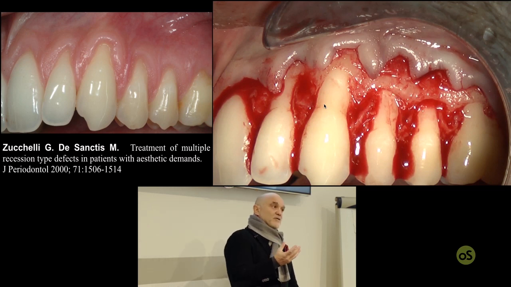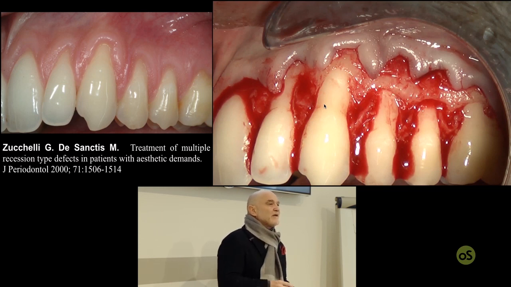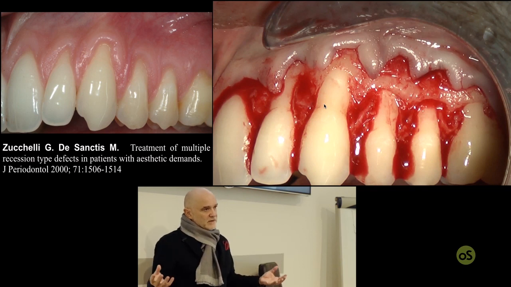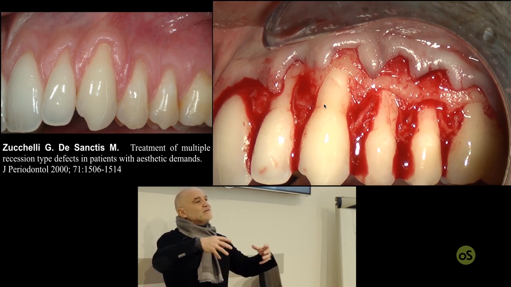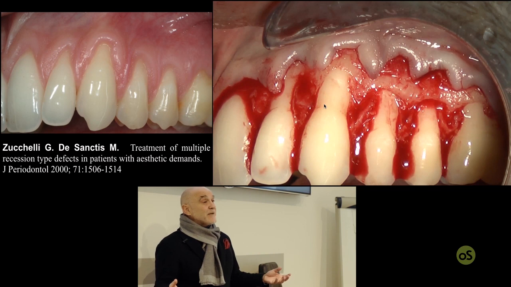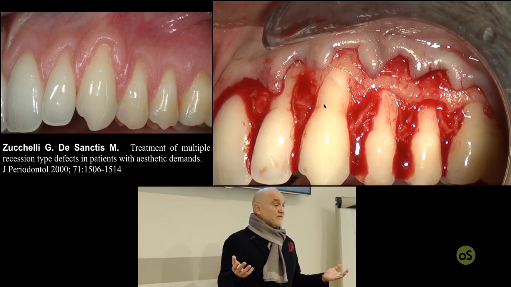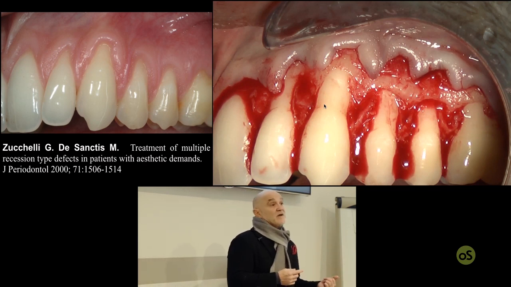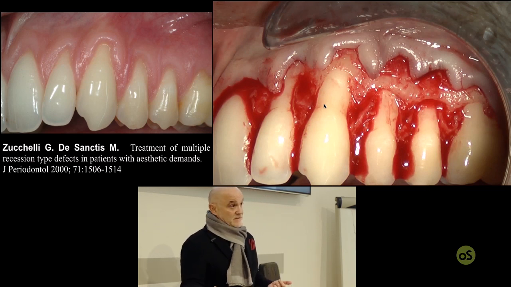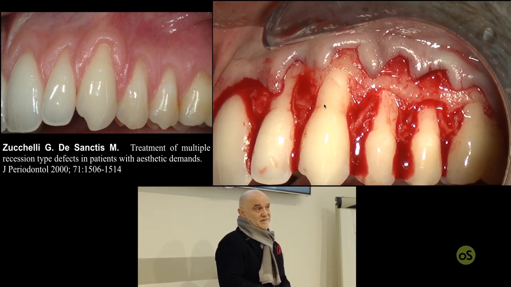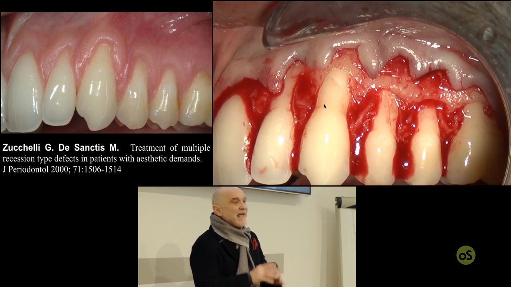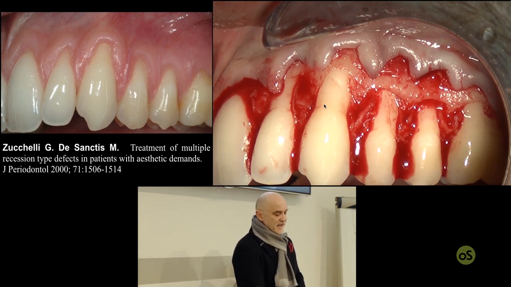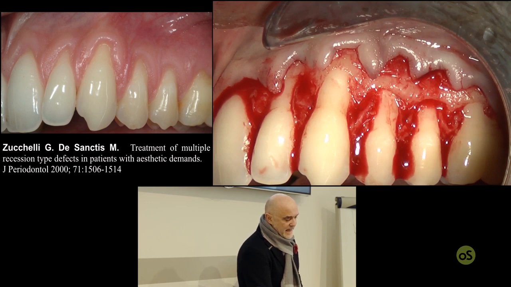So the application of the connective tissue graft in this surgical procedure is a site-specific choice. We are not using connective tissue graft to treat 6 gingival recessions. Sometimes we don't need it at all. Sometimes we have to apply it in 1 tooth. Sometimes we have to apply it in 2 teeth. Very, very rarely in 3 teeth. But sometimes it happens. And if this is the indication, the site-specific application of connective tissue graft must be done